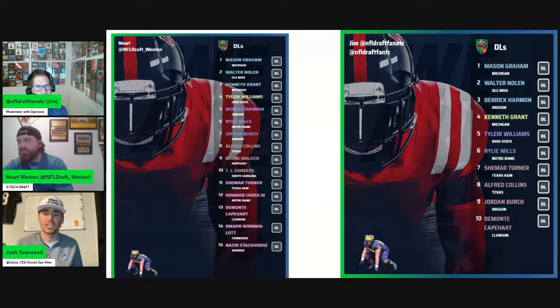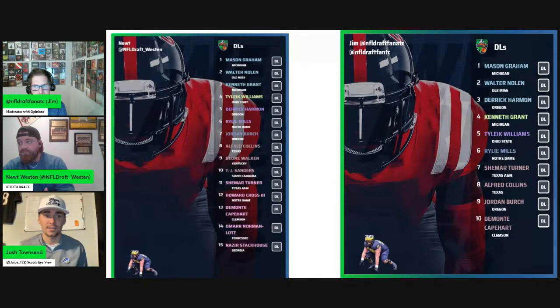I love the leverage that he plays with. I love the nuanced use of hands, especially in pass rush one-on-one situations. He used that leverage and use of hands really nicely to win with speed to the outside, to win with agility. And this is one of the few guys in this draft class, while he might not have the measurables like everybody else, that's going to be the deterrent on him.